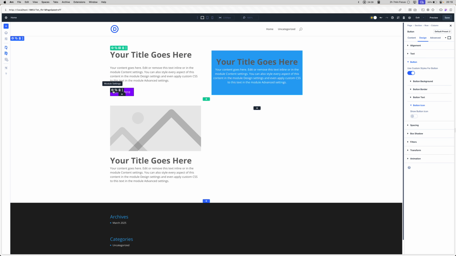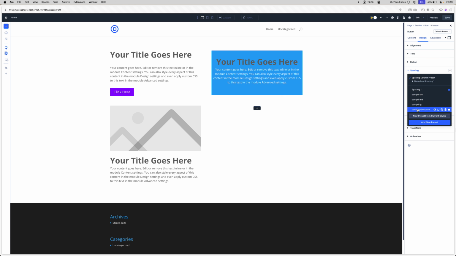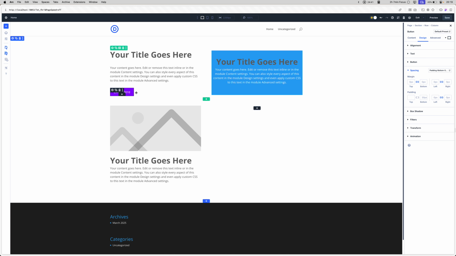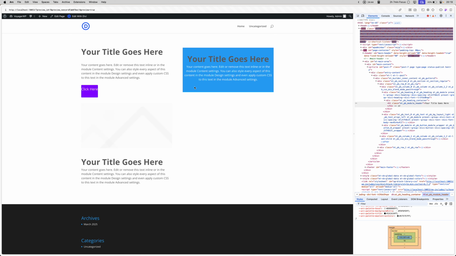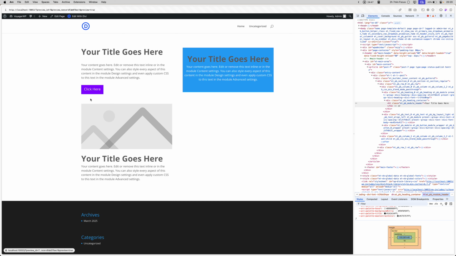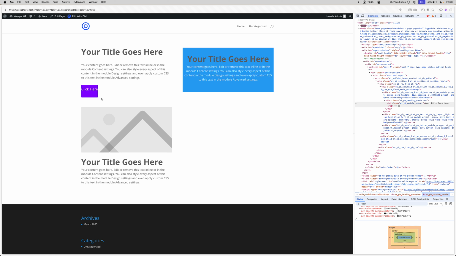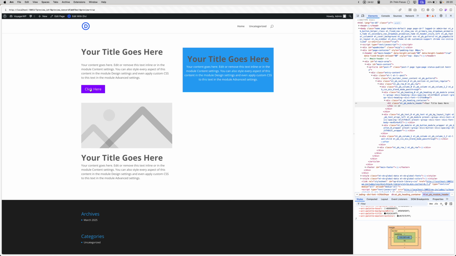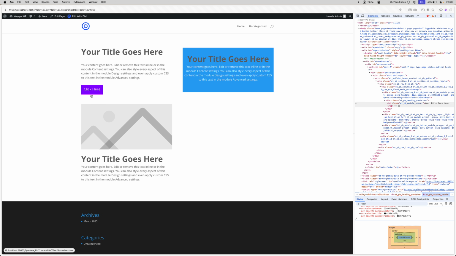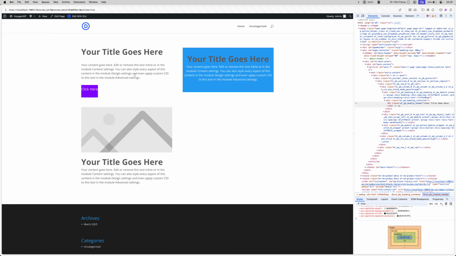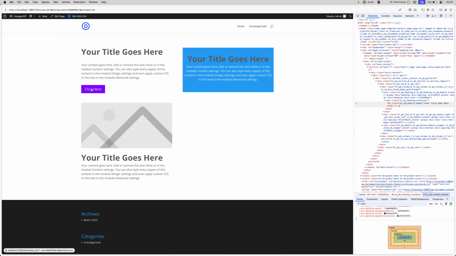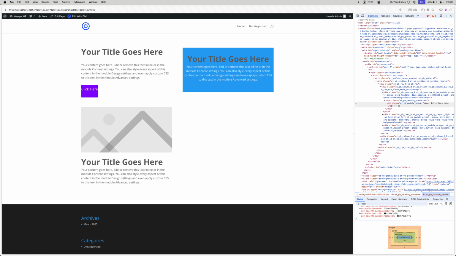But when we go here and we try to add a preset, it'll just crap on itself. It'll just stop working. So let's say padding bottom small, boom. Now we saved it. We see that it didn't actually affect the button itself. And when we go here, oh, now it actually does affect the button on the front end. But as you can tell, when we hover it, it's almost like it has a mind of its own, where it'll just apply whatever CSS it wants on the hover, because Divi already has their hover presets on buttons